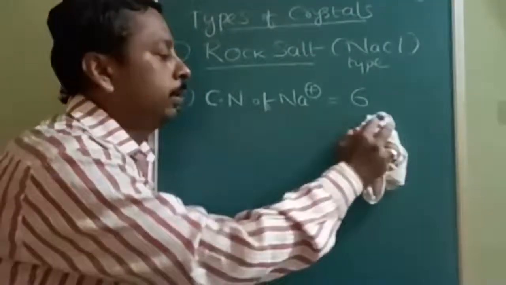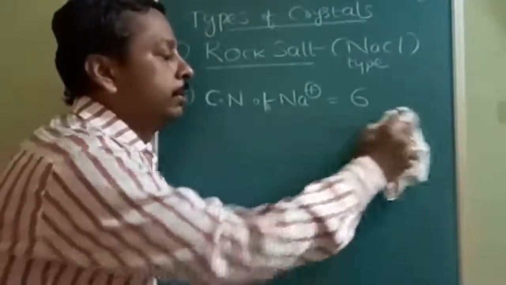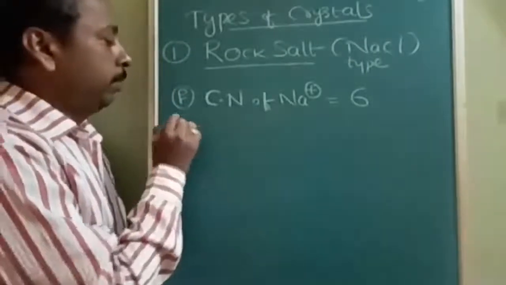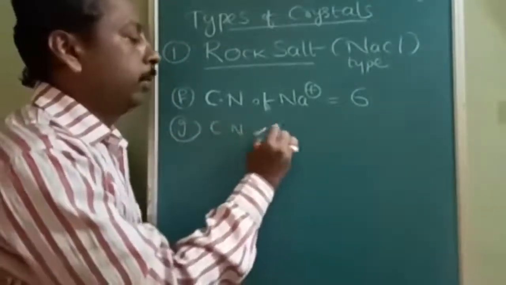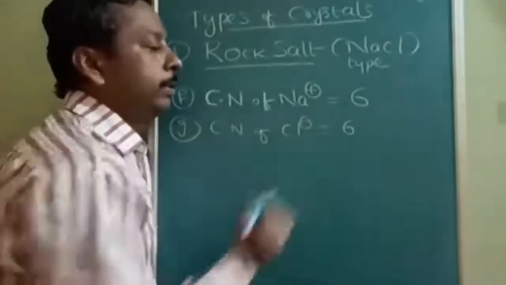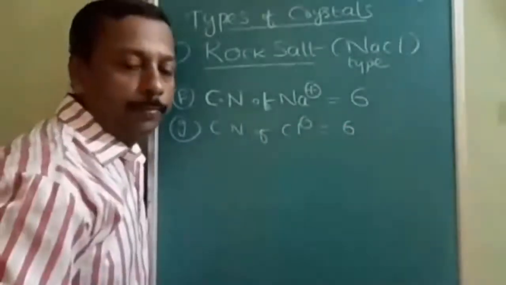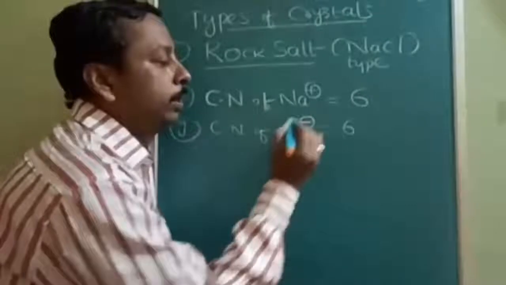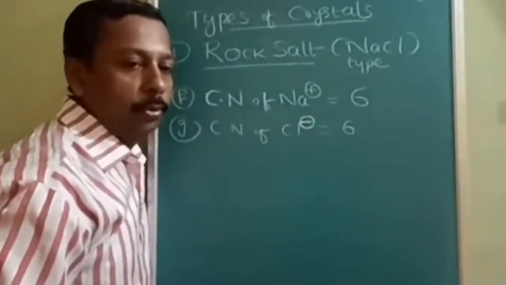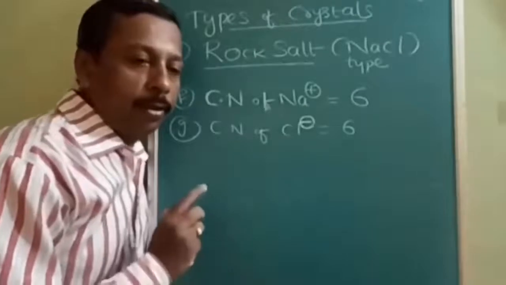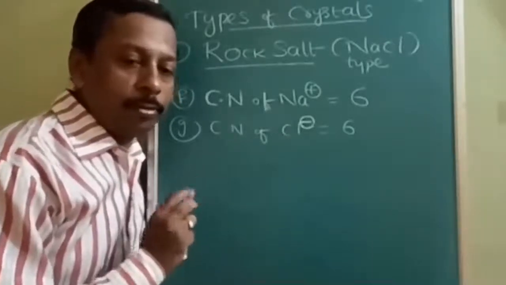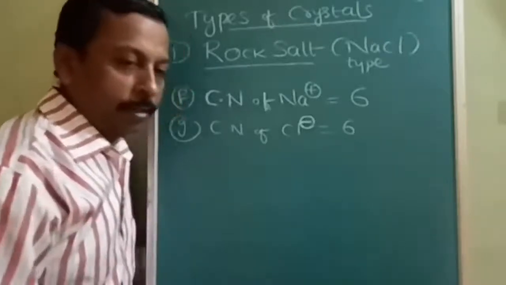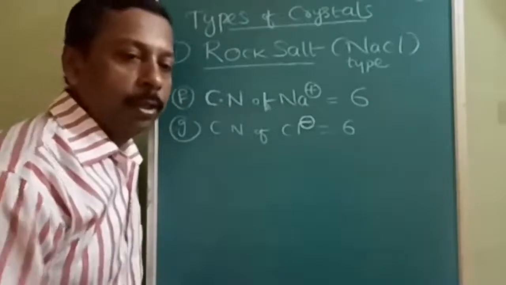In 1:1 neighbors, Cn means coordination number. In this chapter, coordination number means, as I explained in the very first lecture, nearest number of neighbors. So the next point: coordination number of Cl- also will be 6 because it is a 1:1 crystal. Everything is defined from the first 2 points. That is the advantage of understanding and clearly following from the beginning. Okay, first rock salt, is it understood?